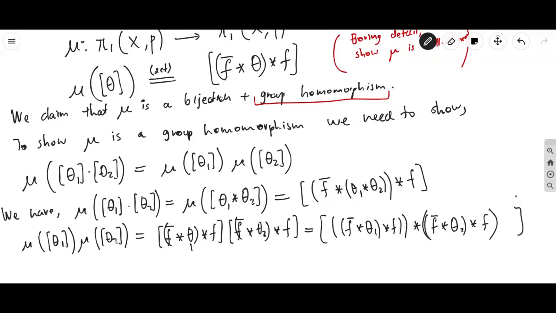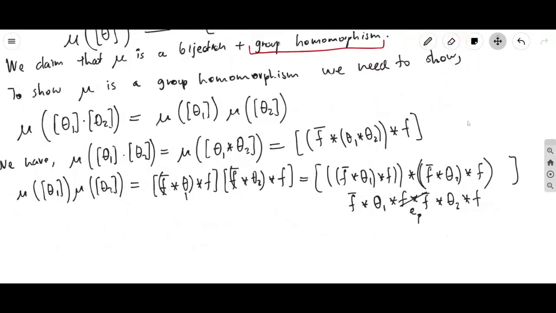And now the associative law basically comes to the rescue. Even though we have a lot of brackets, what the associative law says is that you can get rid of the brackets. It looks complicated, but if you get rid of the brackets, this should look easier. It's this theta 1, f reverse, theta 2 and then f. And now the whole point is, notice the f and f reverse are next to each other. So this is the identity path at P, the constant path at P. And juxtaposition with the constant path does not do anything. So you end up with